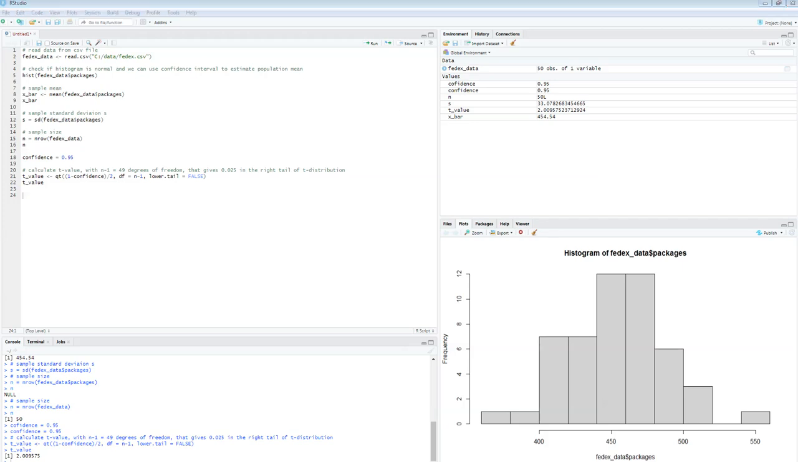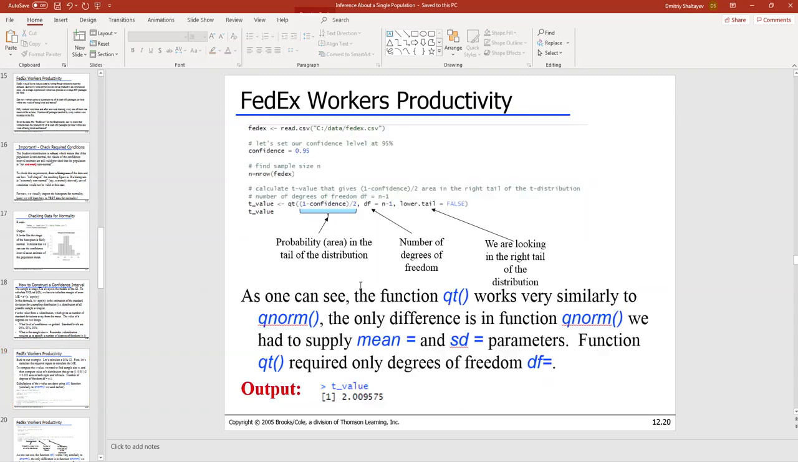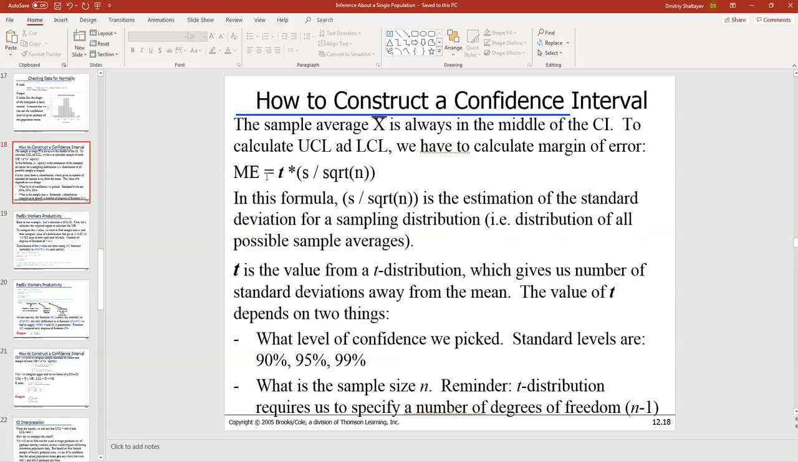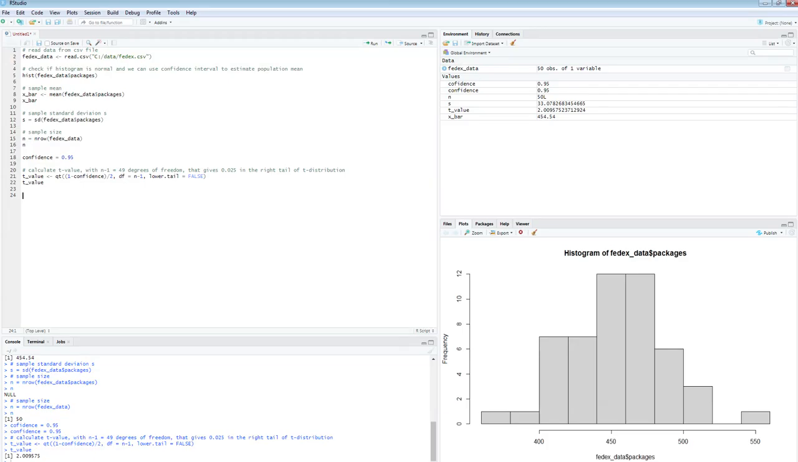So now I can compute my, where is the formula? Right here. Margin of error. It's t-value times s divided by the square root of n. And I'm going to quite literally do that, okay? So here I'm going to put a comment and say compute margin of error, okay? And I'm going to call it ME, margin of error, equals t-value,